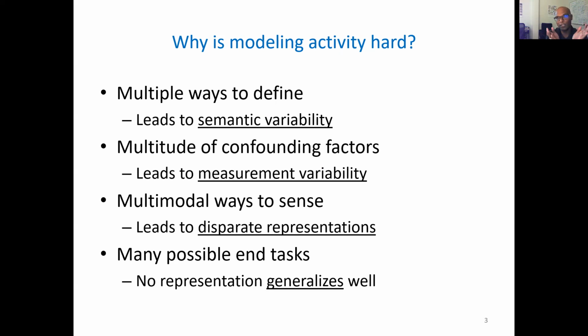When we talk of single human activities, spatiotemporally localized, we still have lots of variability depending upon sensing modality. If it's a camera sensing a single human in the scene, what's the viewing angle? That leads to measurement variability. You're taking a snapshot of the same phenomenon from a different angle, which leads to differences in measurement. If it's a wearable device, same thing. Which part of the body did you attach the sensor to? That leads to variability in measurement again, and so on and so forth. There are all these choices of sensors that lead to measurement variability of the same phenomenon.